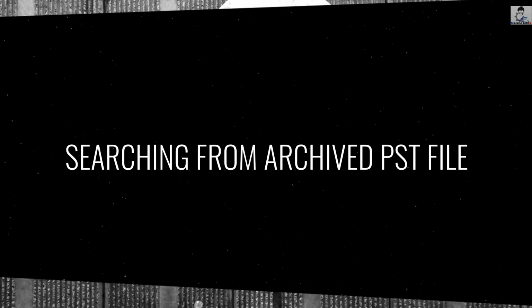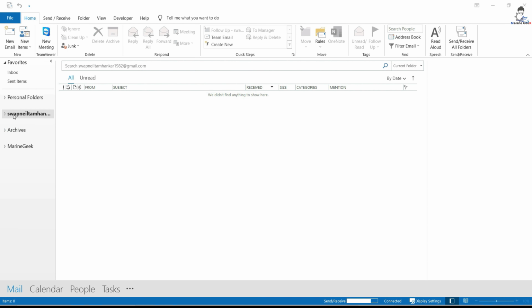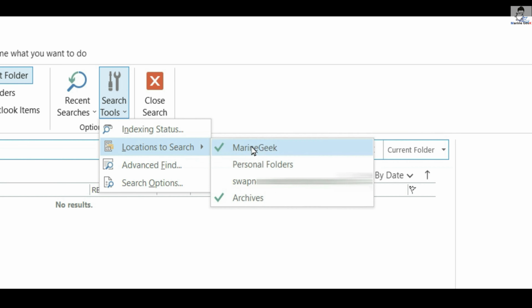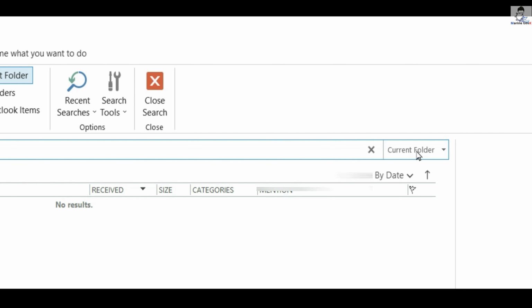So we have already seen how to search. Now we have to search from the archived files or the archived PST files. So we will search for something like blue category, sender name, and for searching it in the requisite archived file, go to the search tool and click over here to choose which file location to search, whether you want to search only in that particular archive folder, in your personal folder, or in the relevant email ID, etc. The tick mark shows that it will be searched in that particular file only.